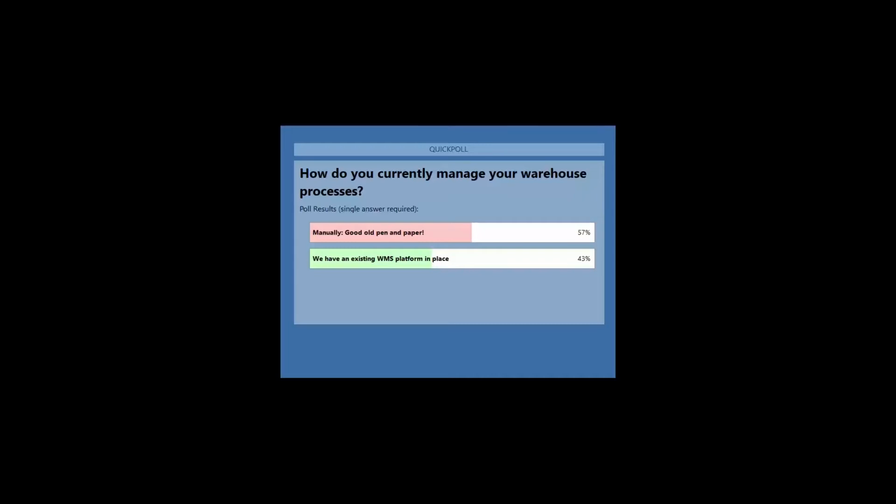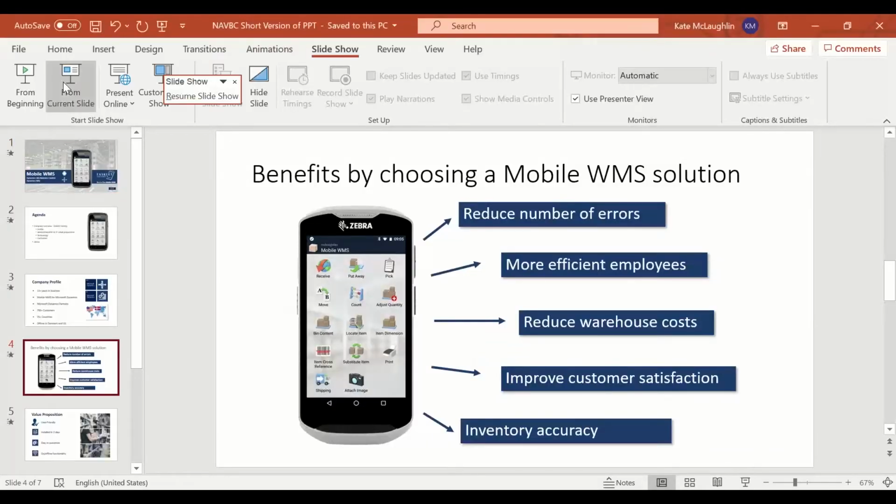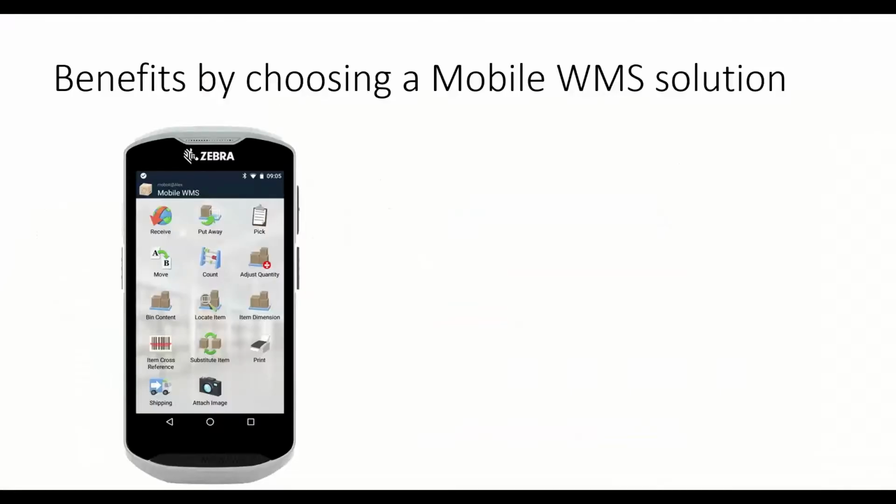Awesome. Of course, throughout the course of this demo, I'm going to show you, in comparison to some other WMS platforms, what really makes us different. But for those of you who are still using pen and paper, I just want to walk you through what a warehouse management solution provides in general and why you would use one. So